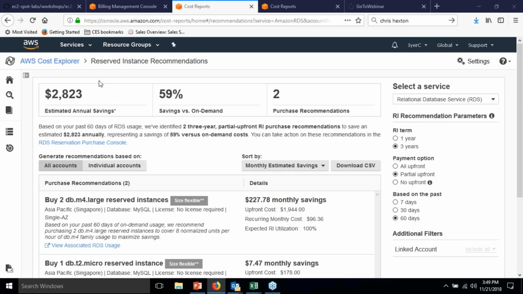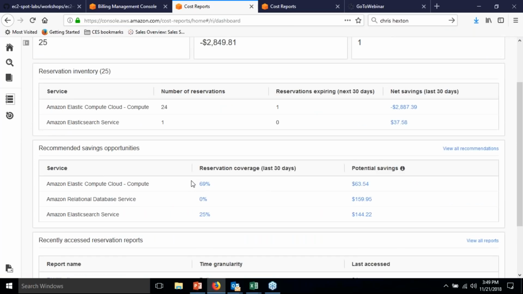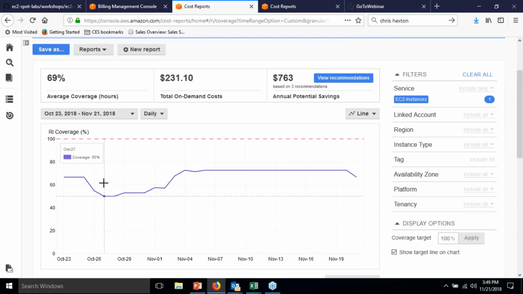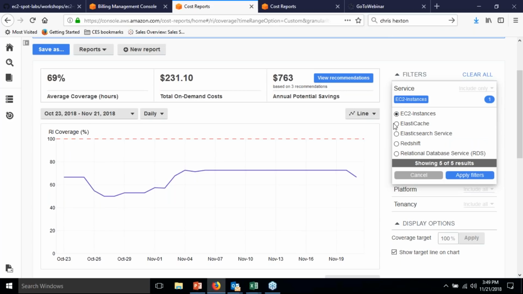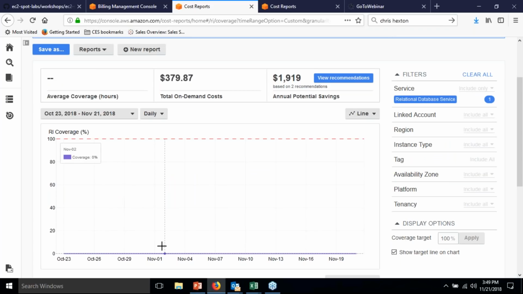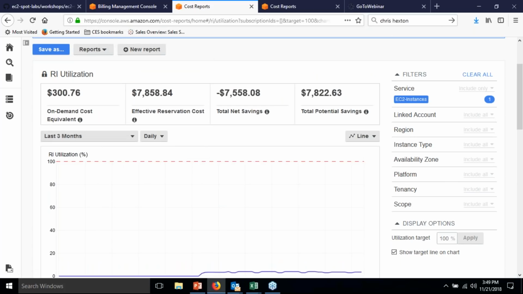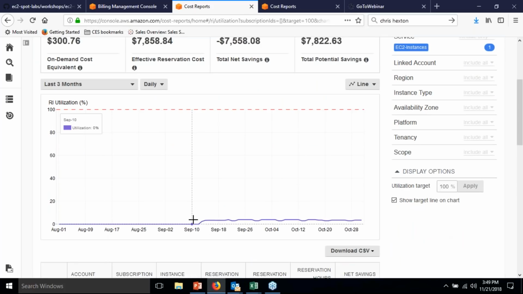And again, just coming back to the console, once you have made that decision, you can start to see the impact of your investments. If you click into your coverage report, it will show you, of all of the EC2 that you have running, how much is covered by a discounted model. You can change that to any other service. You simply apply filters. You can see I've got no reserved instances for RDS. And then if you want to understand how well utilized are my RIs? Again, for me, this is a demo account only, so my RIs aren't really being used. But again,